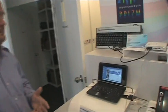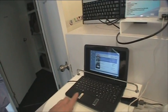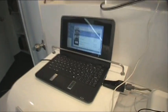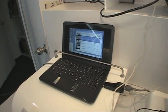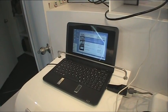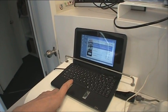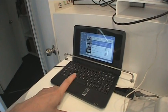So we have basically a smartphone platform but in a netbook frame, and this system right now is running Windows CE, but there is Ubuntu for ARM, and there are some other new platforms. Windows CE is typically used as a core with a specialized UI on top. Like here we have a small application which is a YouTube search window, so we can search YouTube videos and actually play them nicely on